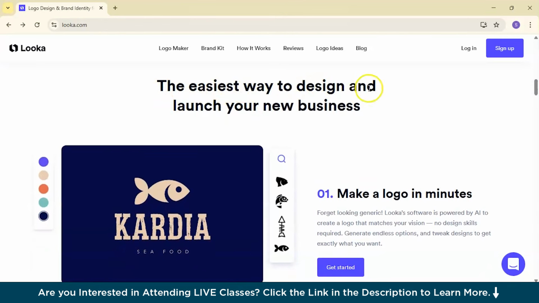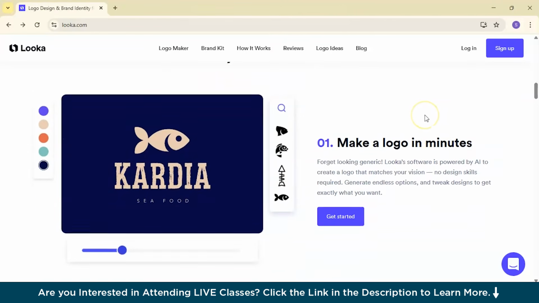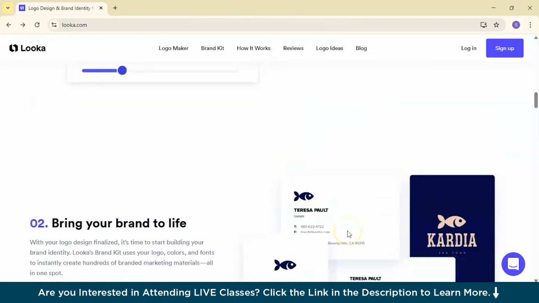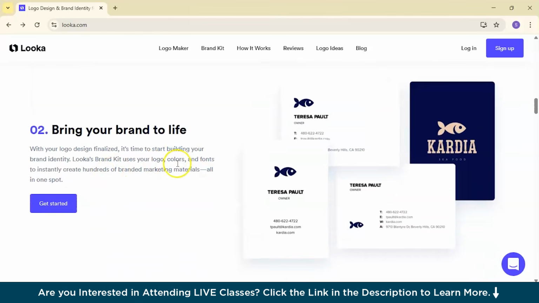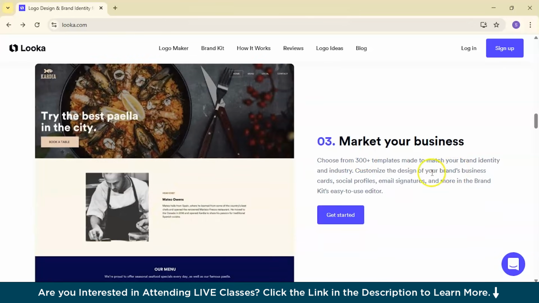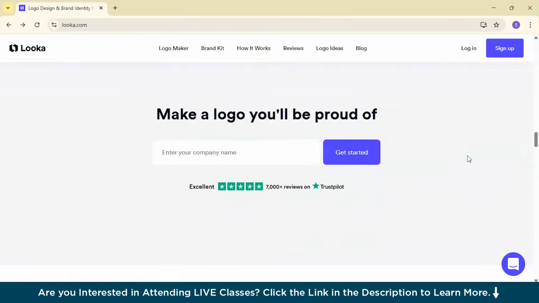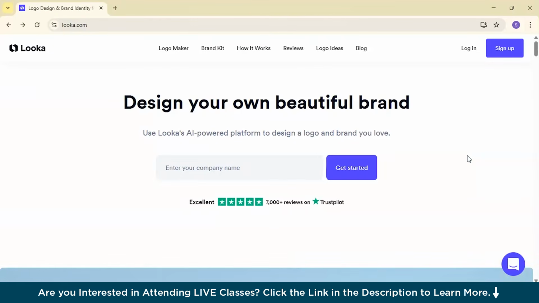The easiest way to design and launch your new business. Make a logo in minutes. Bring your brand to life. And then you have market your business and everything. So now let's come to the actual point of how to make a logo that works. You will be prompted to enter the name of your business or the brand and then click on get started. So for example,